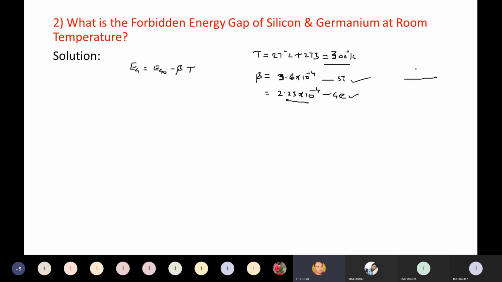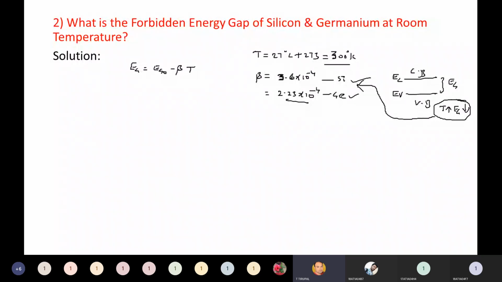That means if you assume this is a conduction band and this is valence band, and the gap here is called Eg, because this one is energy Ec and this is Ev, therefore this gap Eg will be reduced for every degree C rise in temperature. As temperature rises, energy gap decreases. Please do remember this point. How much it is decreasing means it is decreasing by this quantity. It decreases by 3.6 into 10 power minus 4 for silicon, and 2.23 into 10 power minus 4 for germanium.